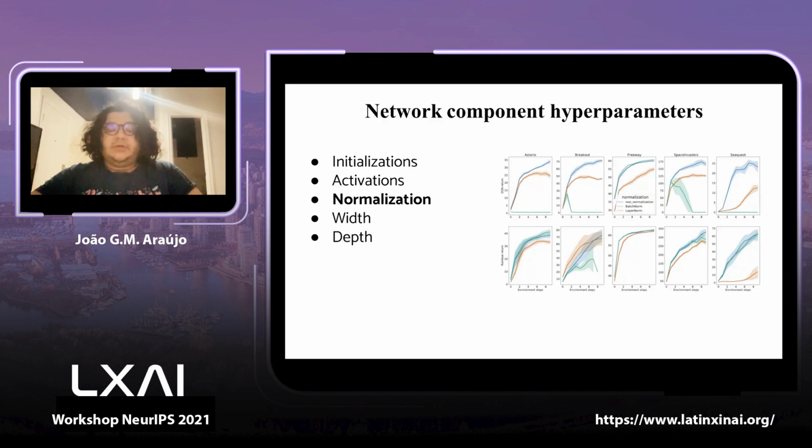And this is very interesting because for computer vision and NLP, we need normalization. We need layer norm for transformers. We need batch normalization for many of the state of the art neural networks used for computer vision. And here in RL, we see that the case is not that. That's the opposite case.